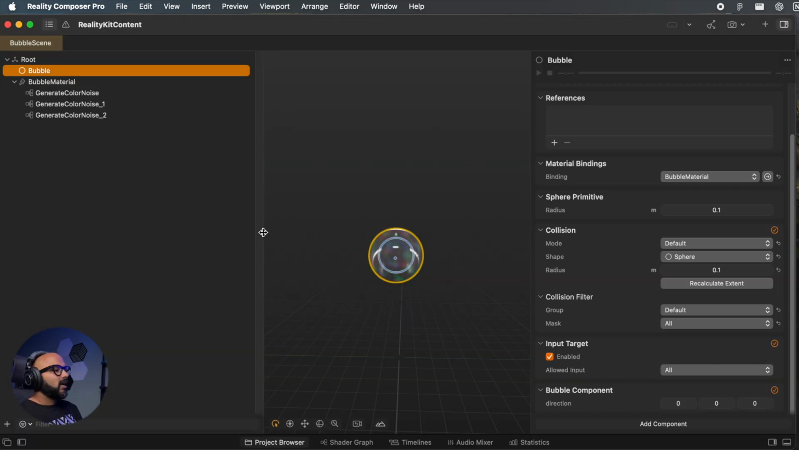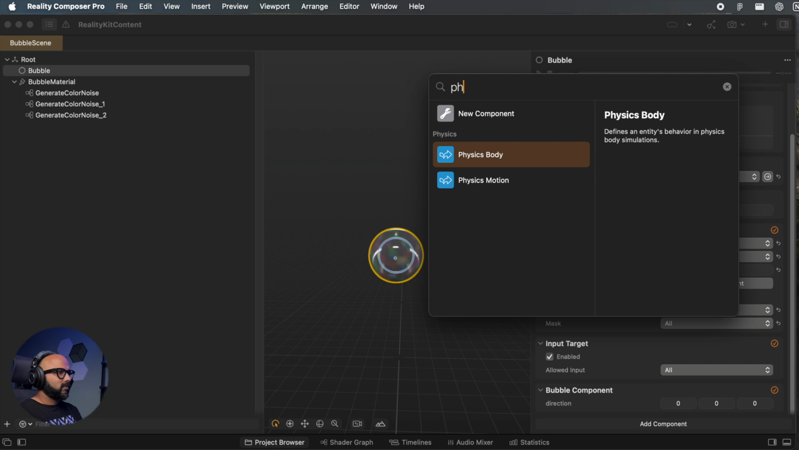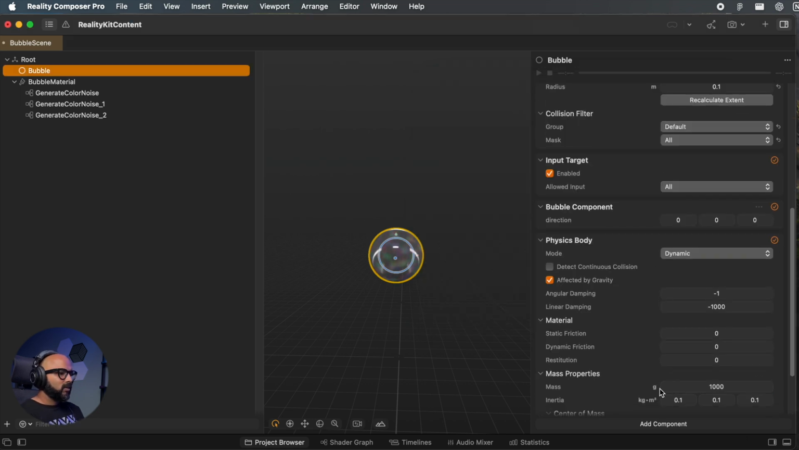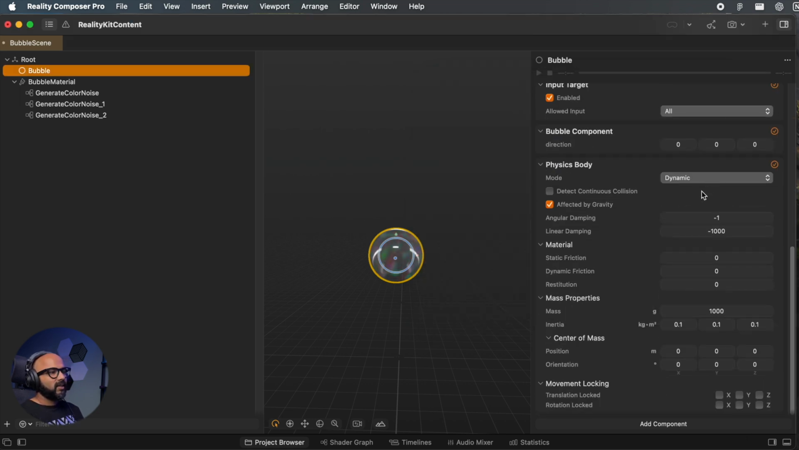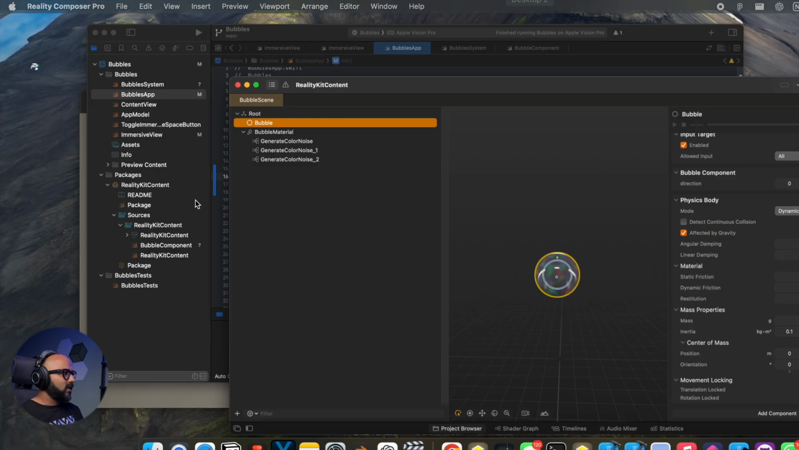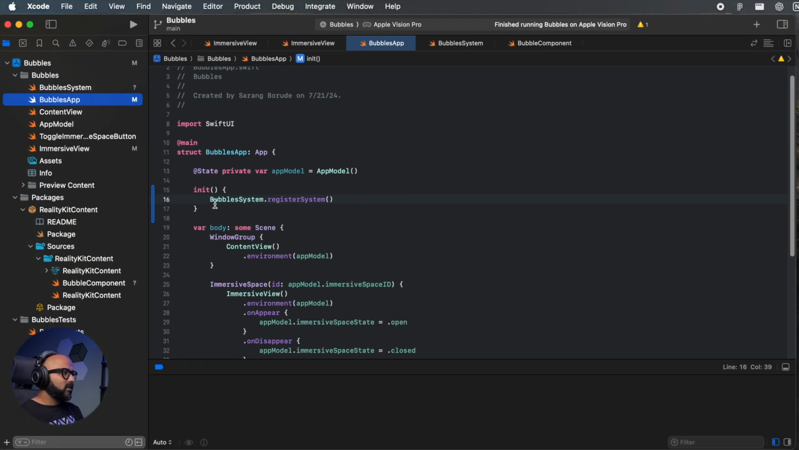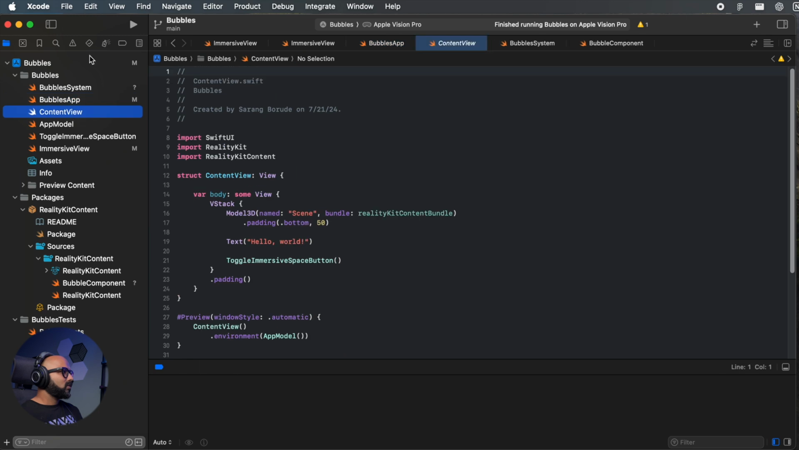All right, so we are going to start first in Reality Composer Pro, and we are going to add some components to our bubble entity. So you can already see there is a collision component here. Let's just add another component called physics body. So we add physics body, and it essentially adds physics simulation properties in here. So if we simply add it, save our scene and run, before we do anything, let me remove our system, because now we're not using our system. So if we go and run this,